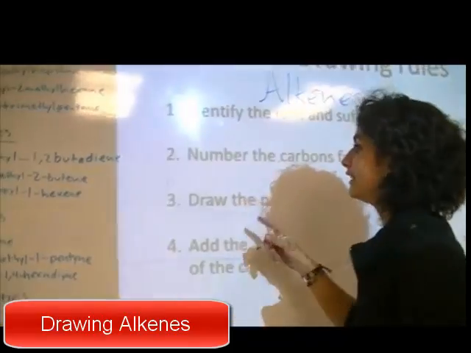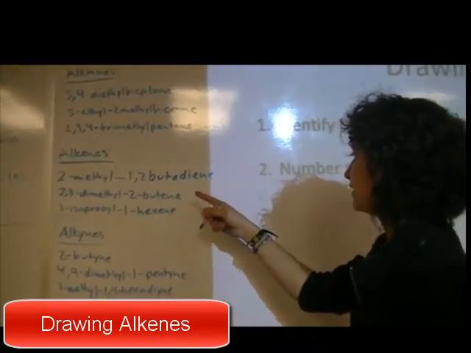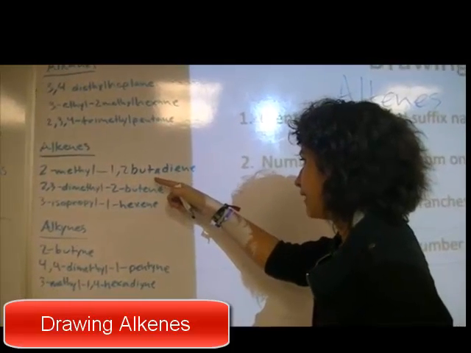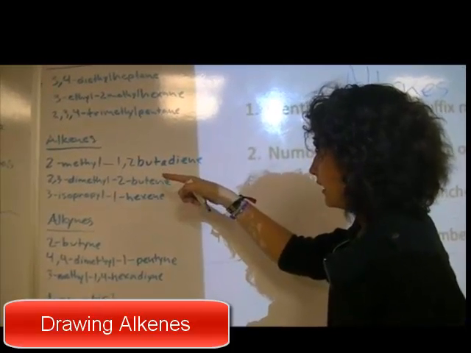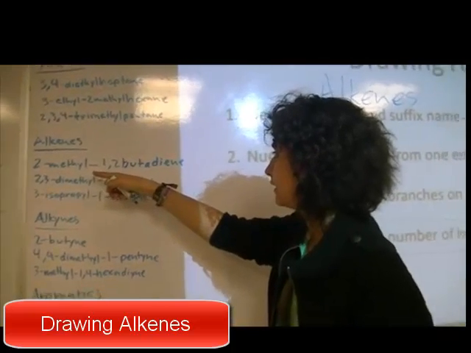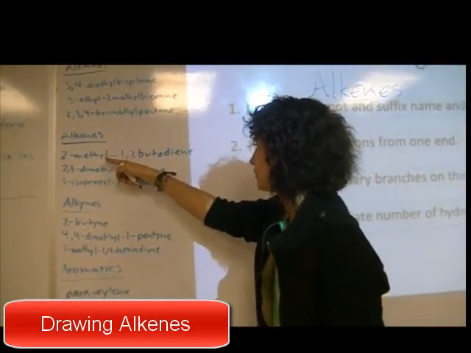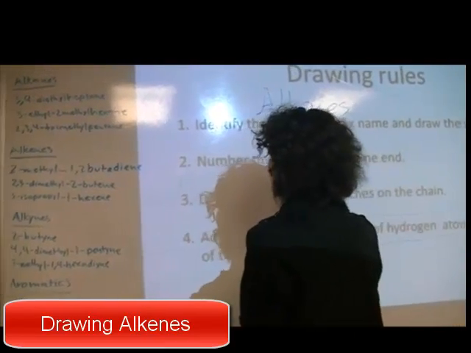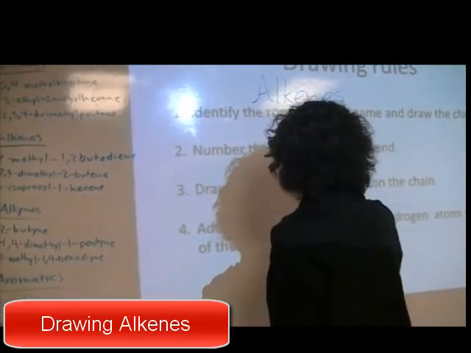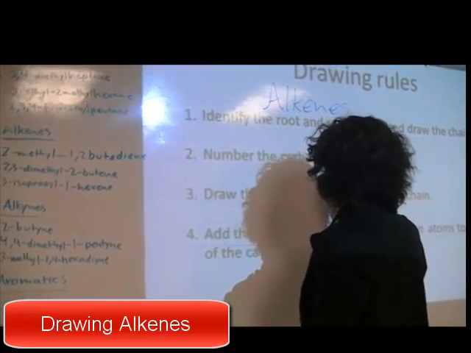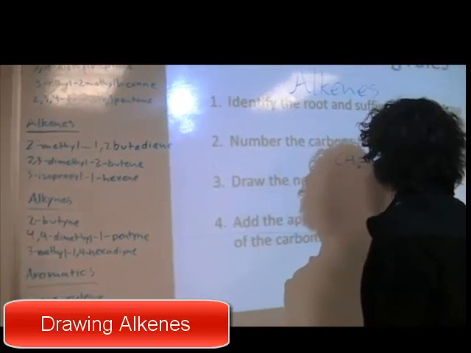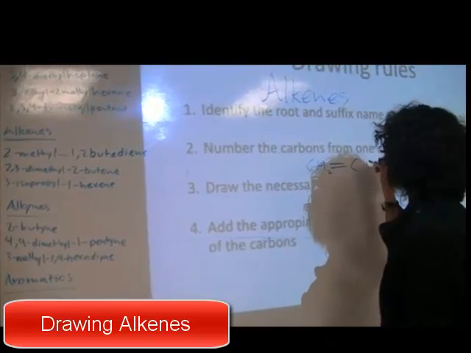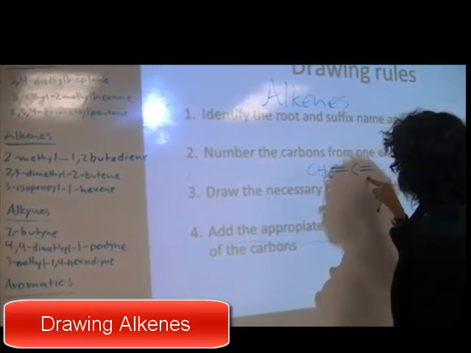Now the first alkene is 2-methyl-1,2-butadiene. It's a carbon chain of 4 hydrocarbons and a methyl in the number 2 with 2 double bonds. So it will be like this: CH2, one double bond, C, another double bond,